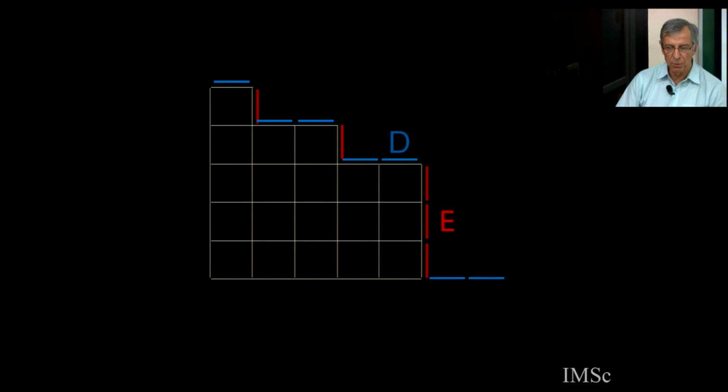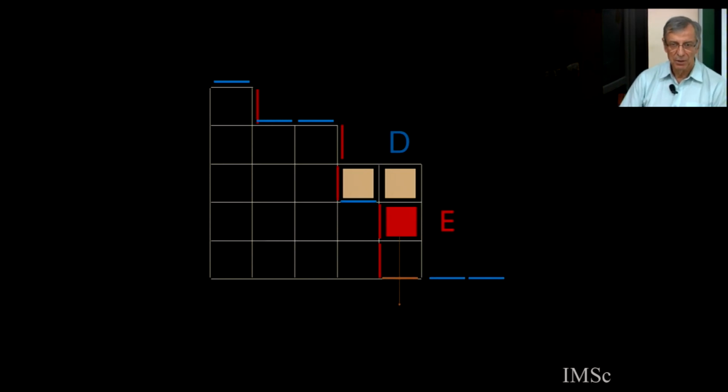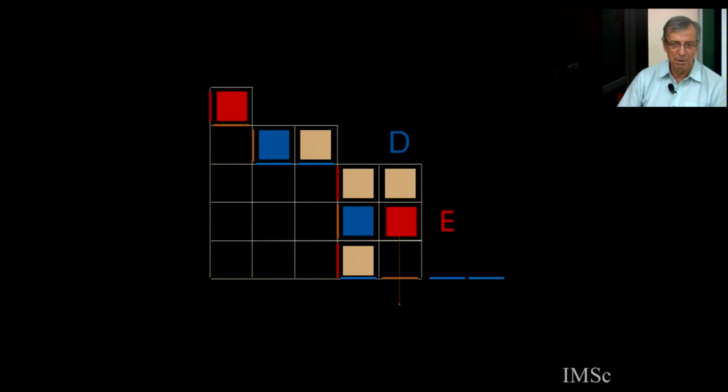So we start with a word in D and E. This word in D and E is written as a path, D for a horizontal step, E for a vertical step, and then you do all possible rewritings. This is one possible way, which is going to give you one of the possible contributions, the coefficient of a certain monomial in the normal ordering. So now you see the labels blue, red, yellow, or identity with some brown line give you a way to remember which rewriting you have done. So exactly, this is the same philosophy.